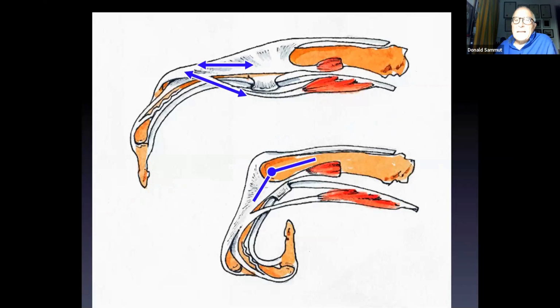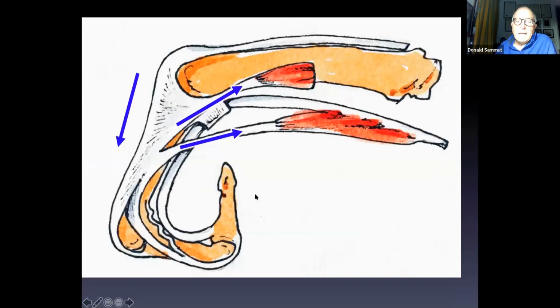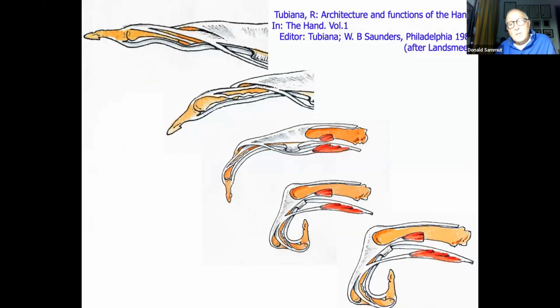And what happens next is that the extensor hood migrates distally, and by migrating distally, it's now going to make the flexion of the metacarpophalangeal joint even more efficient because the hood has a better mechanical advantage on it. Here it is pulling on a more distal point in the proximal phalanx. And so this whole sequence, the oblique retinacular ligament, then it relaxes, and then it pulls the hood distally,